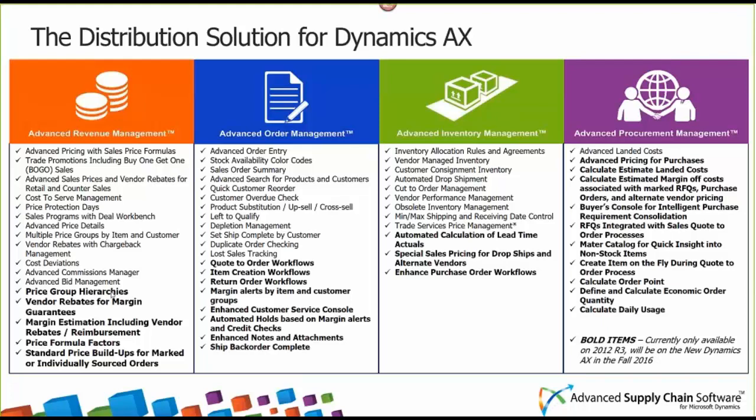So you can say, if Walmart's one of your customers, they're priority one. So whenever I run that allocation logic, allocate to Walmart first. They get first crack at our inventory, and everyone else comes second, of course, based on delivery date as well. And then on top of that, we have what we call an allocation agreement, and that's